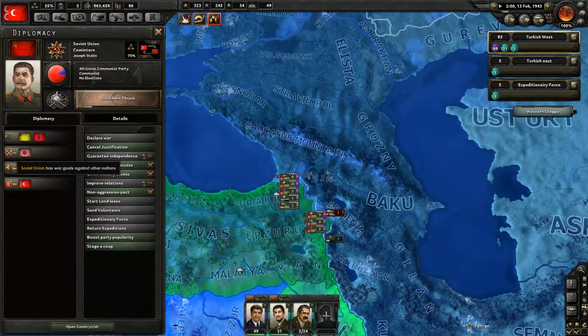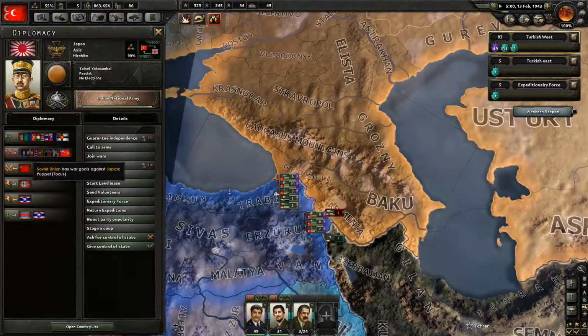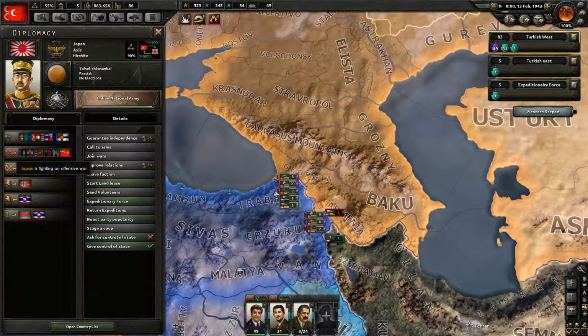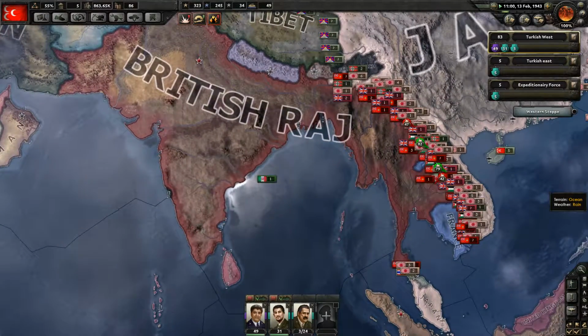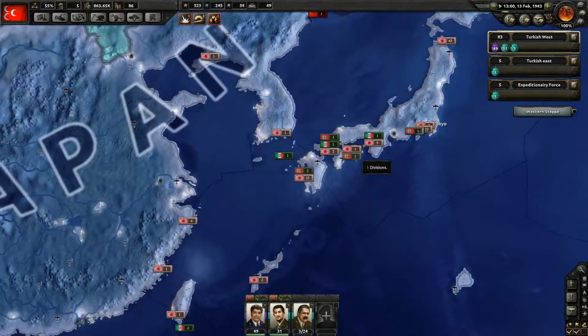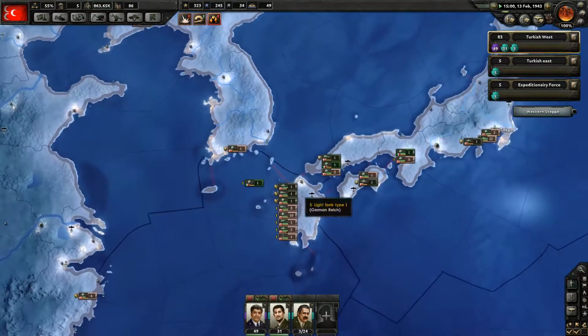Now, if I'm looking at what's going on at the moment, they've got war goals against Japan. They want to puppet Japan. Japan at the moment is at war with various different entities. So looking at the map, on the eastern side, you should see that there are Italian units and even German units in Japan here. And I guess they were getting bored, but